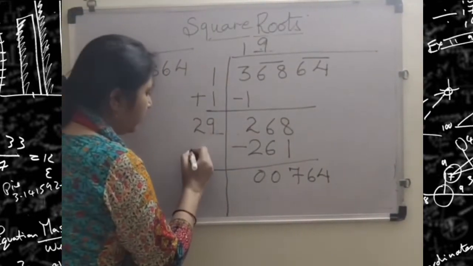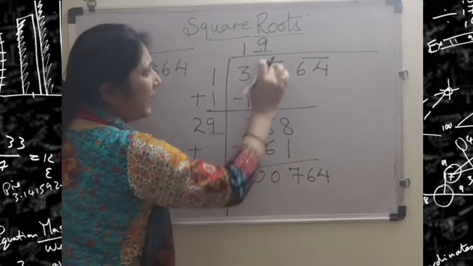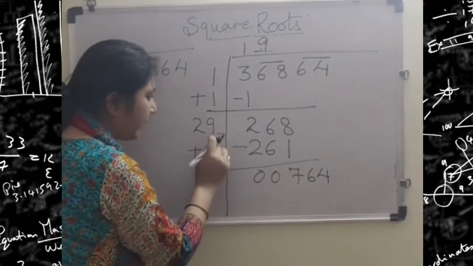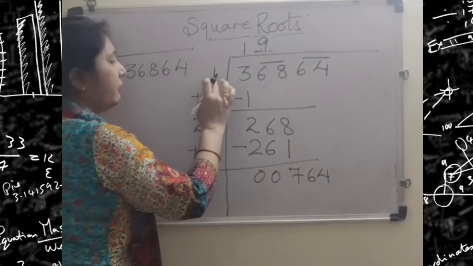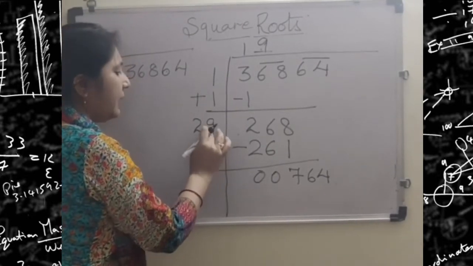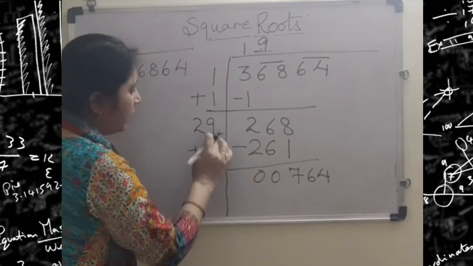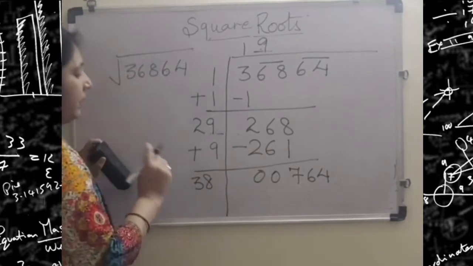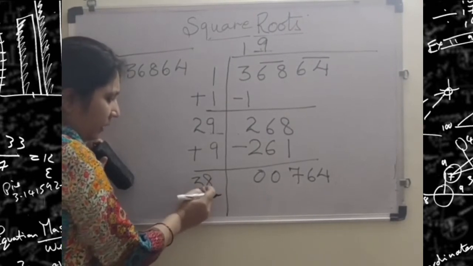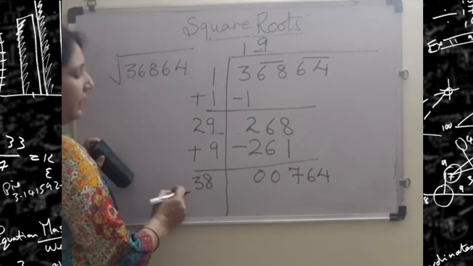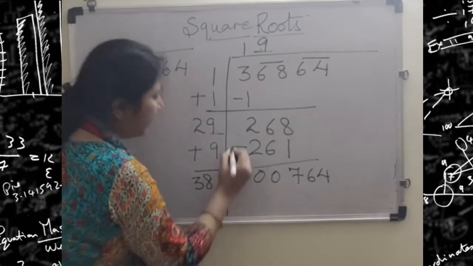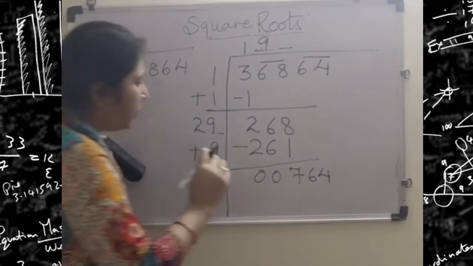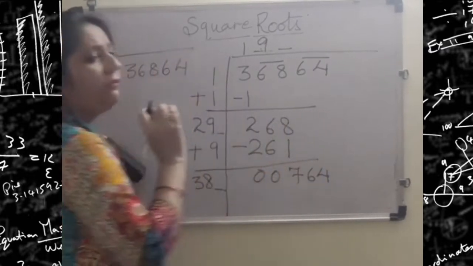Here what we do is we bring down this 9 of quotient under this unit digit 9. Children, remember we always do this working in unit digits. So 9 nines are 18 and 38. And I have written little towards left side because here you have to insert again one more digit to get 764.